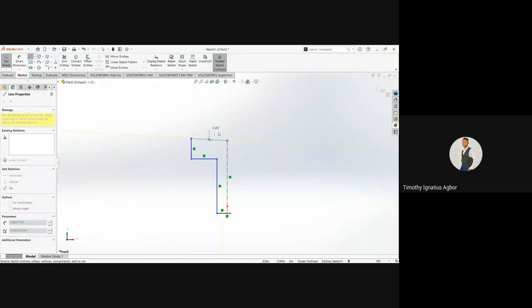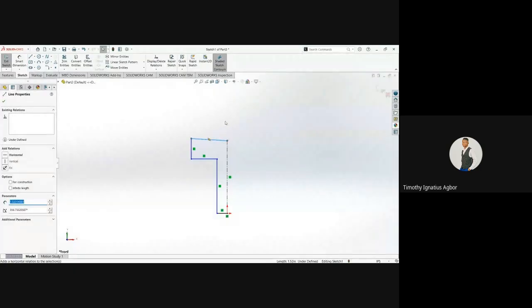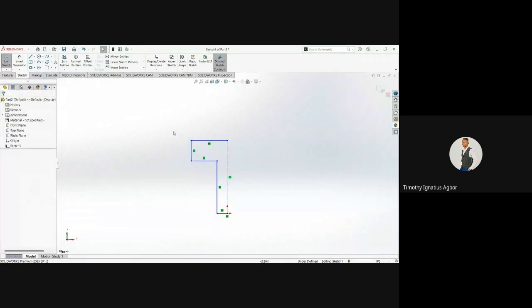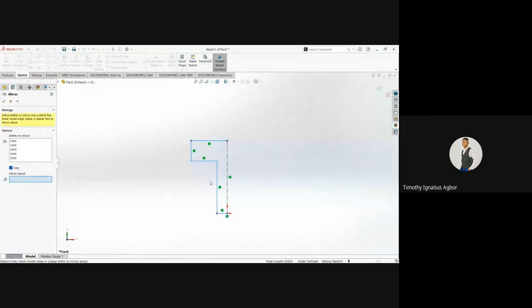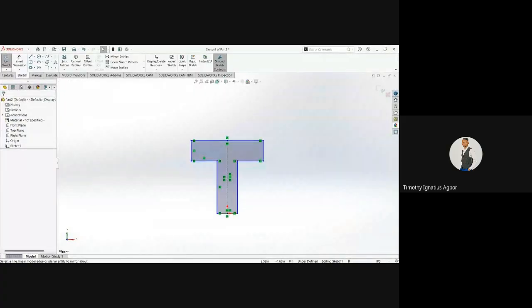Make sure this is, yes, okay. So I've created half. Select it and mirror entities to the other side. I'm trying as much to relate it to previous stuff I've taught you guys so that you can see how to apply it. So the diameter 1.0,